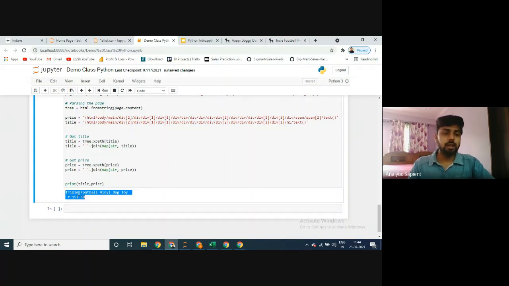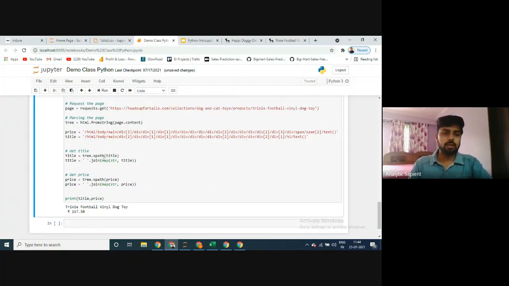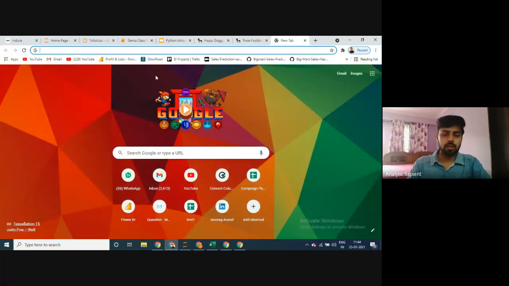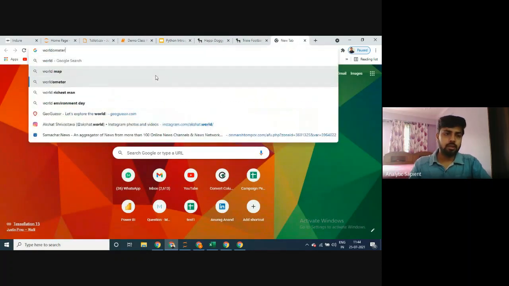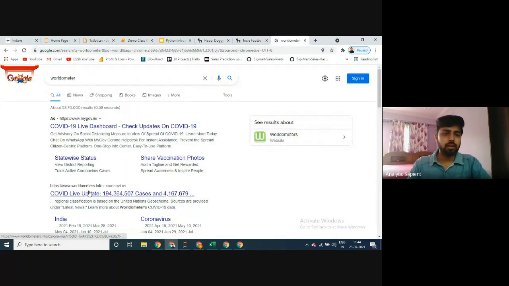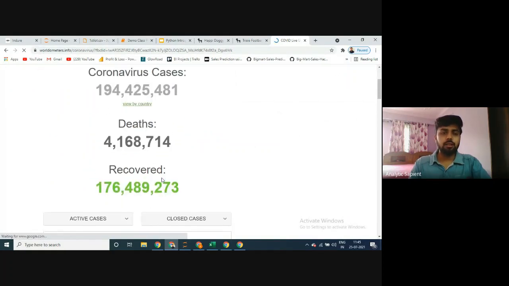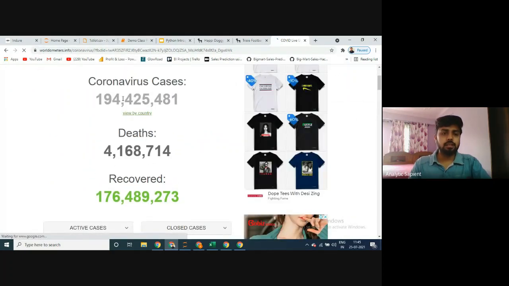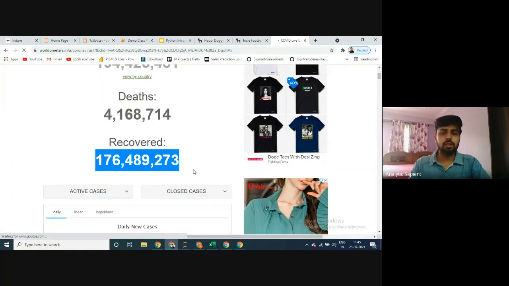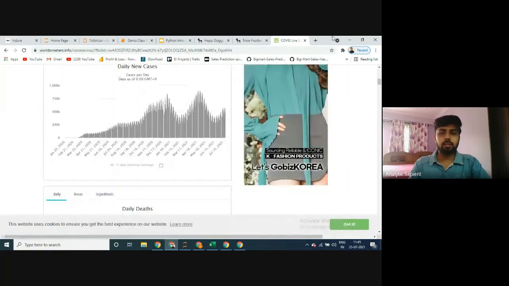Now the same data you can load into your table or your text file, and you can create a whole lot of ecosystem. So this is how scraping works. You can scrape data from different areas of the web. If you want to fetch something, like we have Worldometer, where we can get all the different COVID live data updates. If you want to fetch all these numbers, you can write code to fetch the number of cases, number of recoveries, and so on. You can fetch different kinds of data from the web. You can go into any web page and scrape the data.